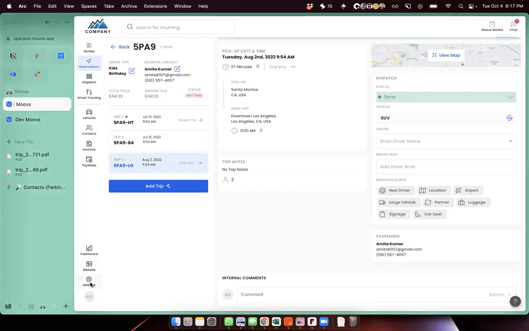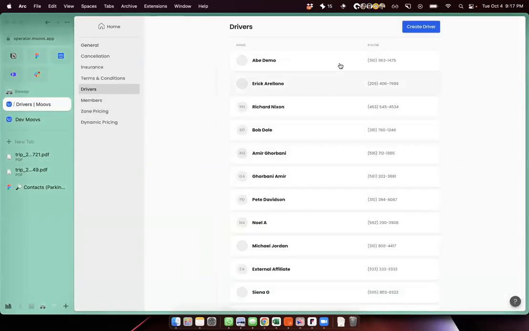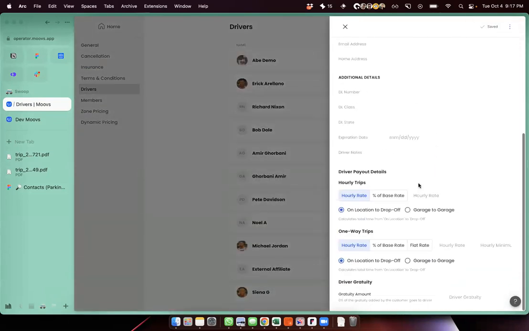Thanks for sharing, Ed. For the driver payroll percentages, we do have a feature where you can have a percentage of the payout automated. Have you seen that? No, because what I've been doing is our drivers get all the tips and all the gas allotment, and then we do a percentage out of the base rate.